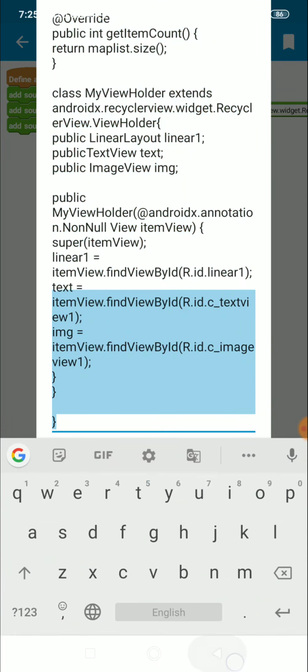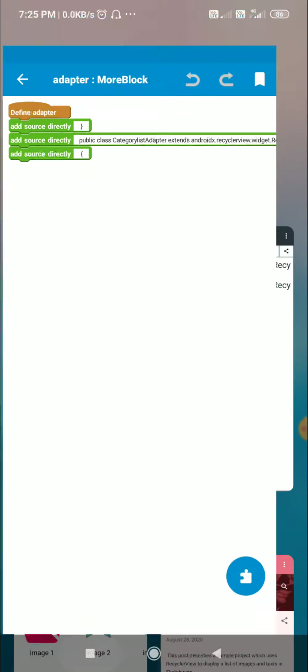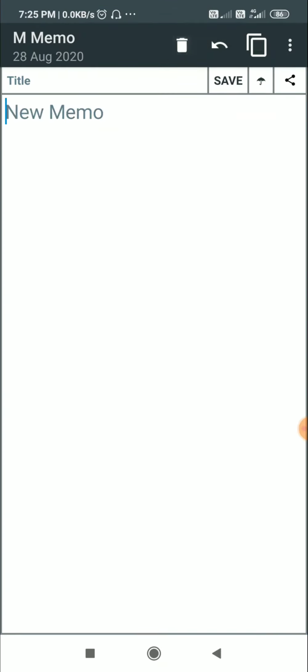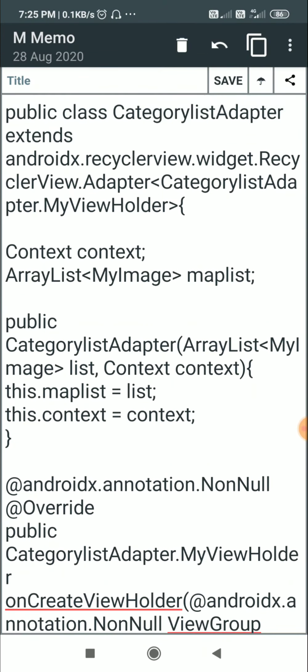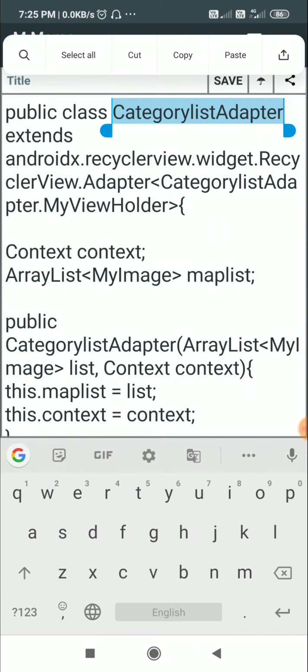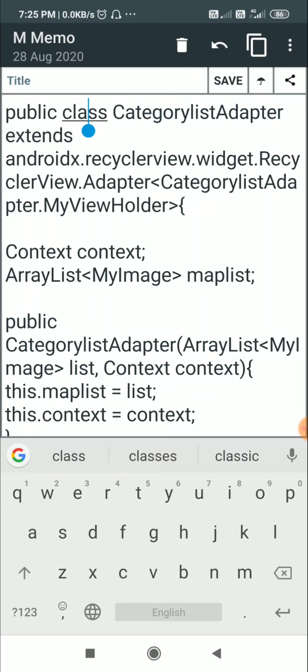So I'll just show you this adapter. This is the adapter. The name of this adapter is category list adapter. It is a class which is a kind of recycler view dot adapter.